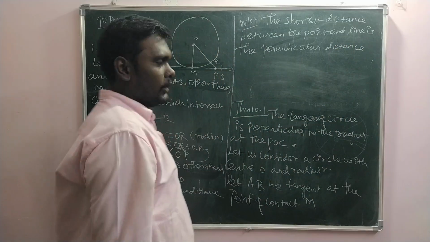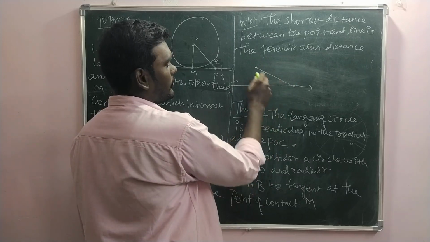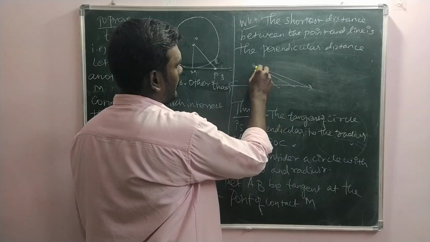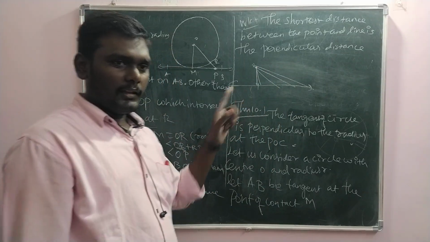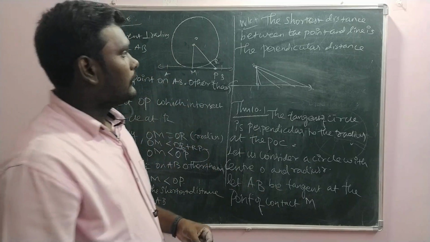Is it or not, man? You take a point and a line. Which distance will be shorter? This is shorter or this is shorter? You take any point near to this also. This one is the shortest distance. We studied in 9th class, remember? We proved this as well. Okay, so therefore,